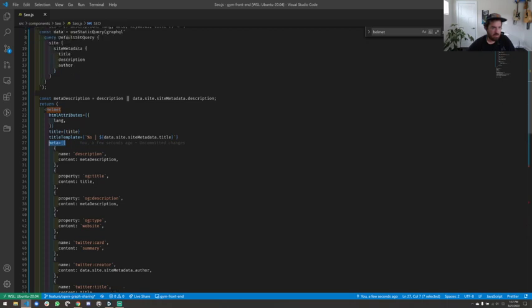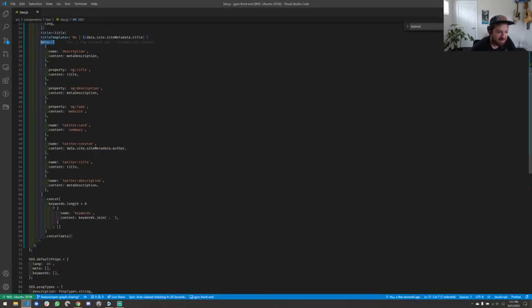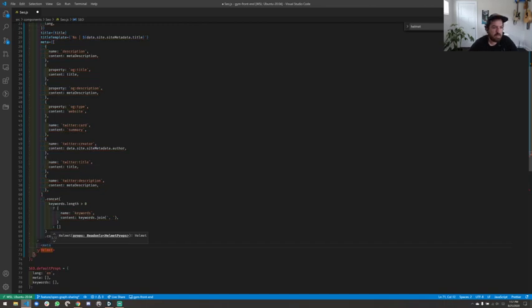There's a lot going on here, but we can zoom out a little bit and make this a little easier on ourselves. So we're going to do a close Helmet here. And then in here, we're going to say meta name equals description and content equals meta description.